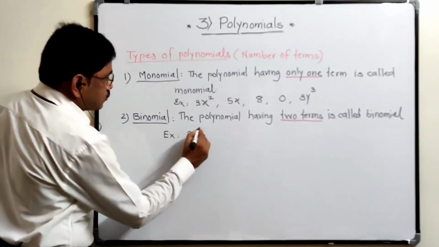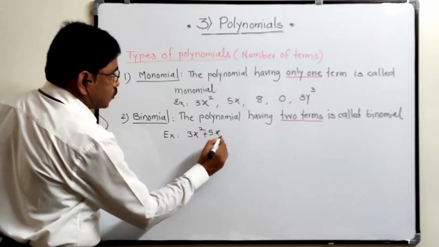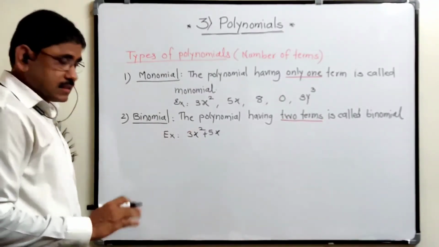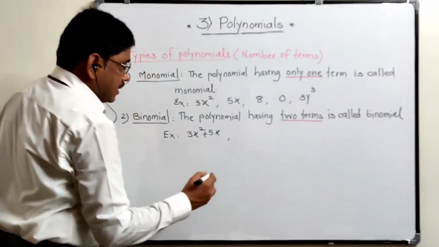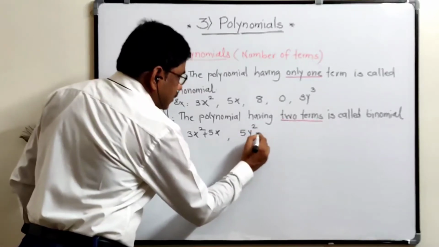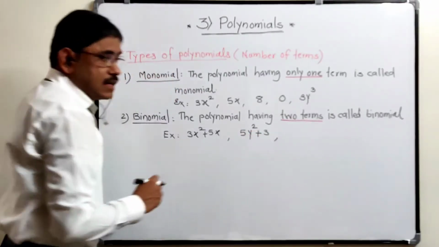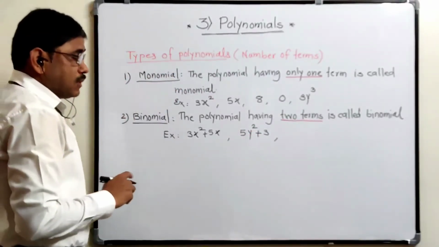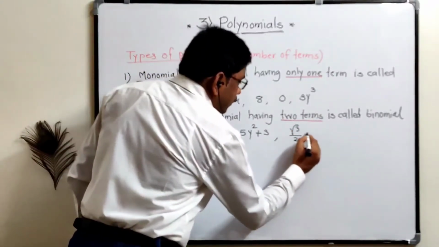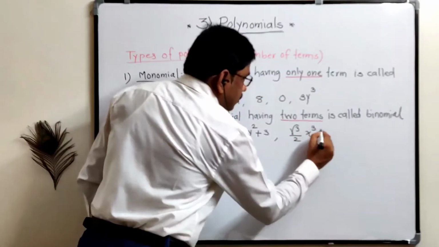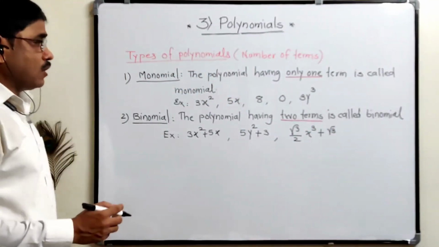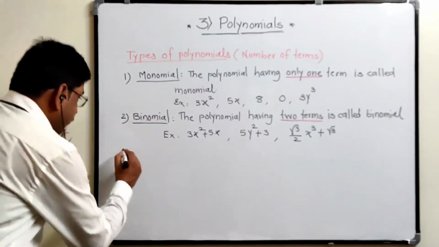So remember, examples are, so 3x square plus 5x, two terms are there. Because of the plus and minus, the terms get separated. Second example, this 5y square plus 3. This is also the example of binomials. Root 3 by 2 x cube plus root 3. This is also example of binomial. So third one is called